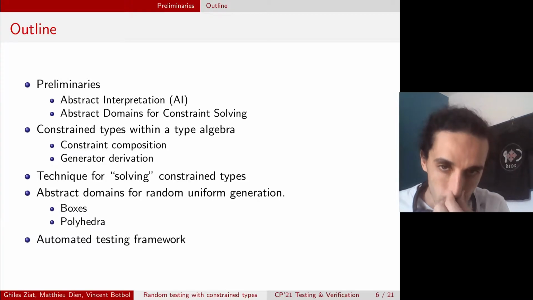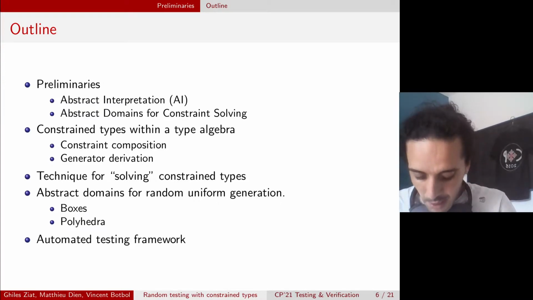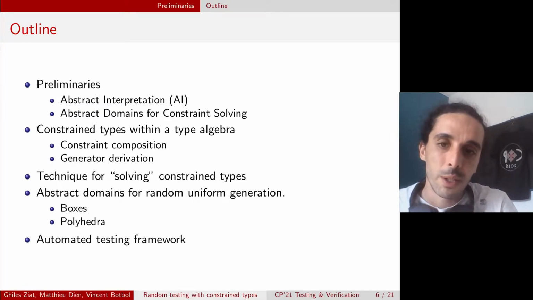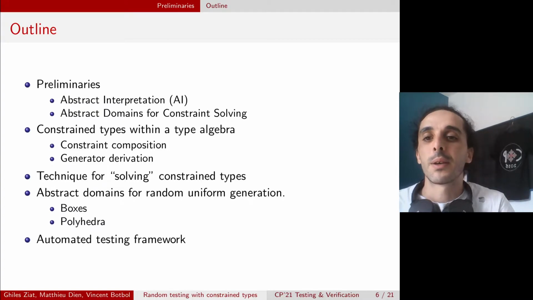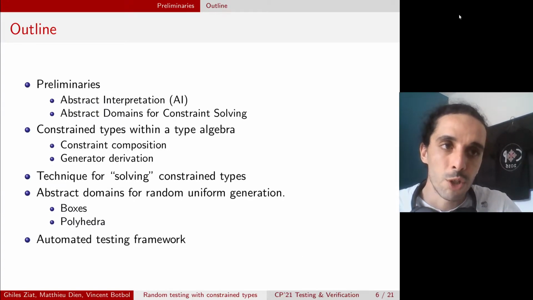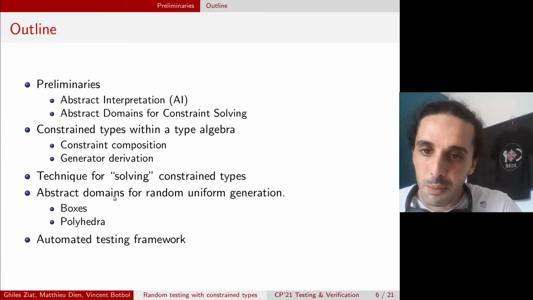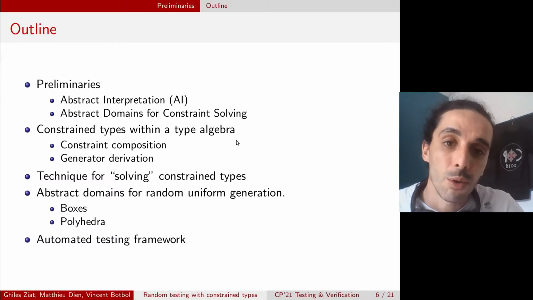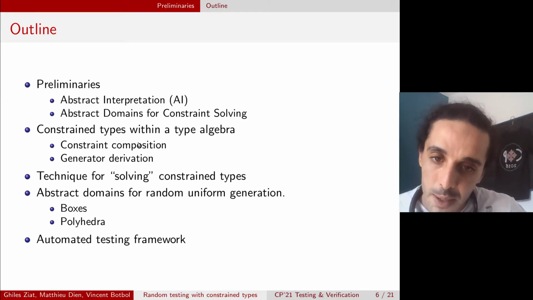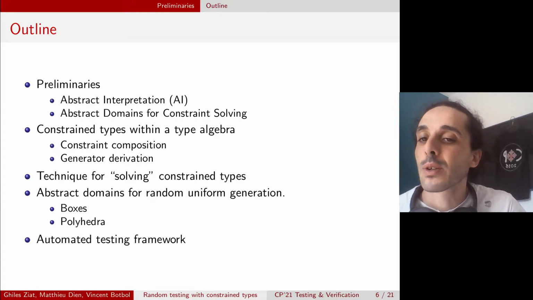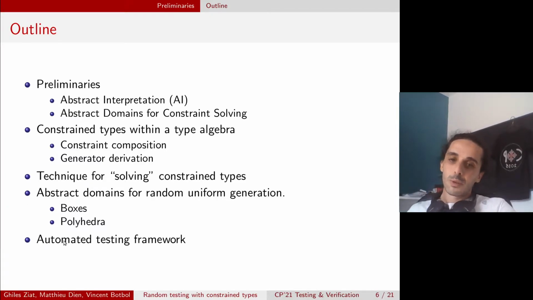To do that, we are going to talk about abstract interpretation a bit, in particular about the use of abstract domains in a constraint solving context. Then we will define formally what the constraint types are and how we generate generators for such types. Then we will talk about how we link the two, how we embed our constraint types within the constraint solving framework based on abstract domains. And then we will briefly discuss the different domains we use to do that, and we will talk about our